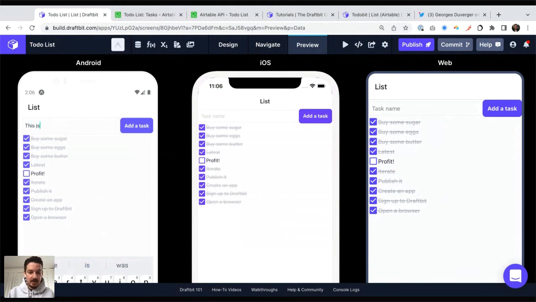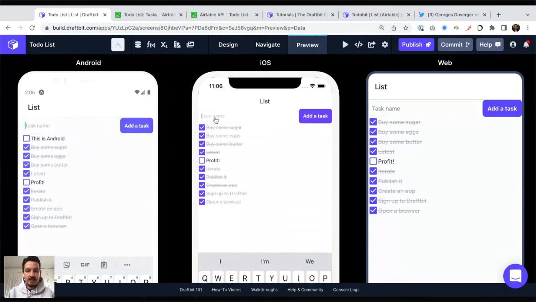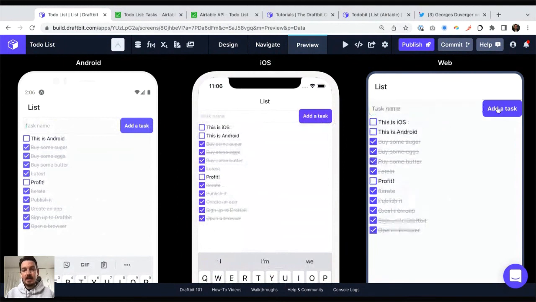This is Android, and I can add a task. Here I can say this is iOS, and I can add a task. And this is web. Okay. And as I'm making changes, things get updated.